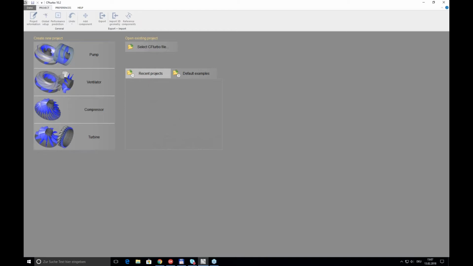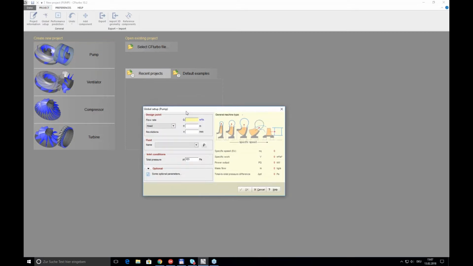Please go ahead. Okay, so in that little demo, I want to design a centrifugal pump from scratch. To this end, I choose from the machines one can design with CFturbo the pump machine. The starting point is to define a design point, because what we do in CFturbo is a best point design on the basis of that operation point, which is the one that the machine is run in most of the time, and that's why it should be a best efficient design in this design